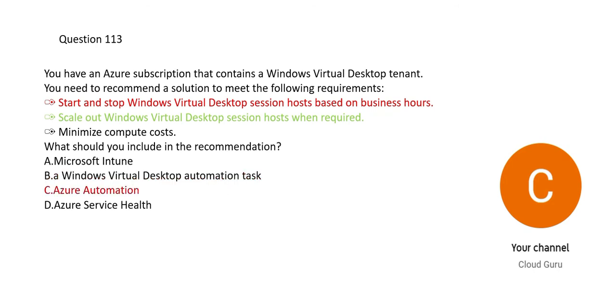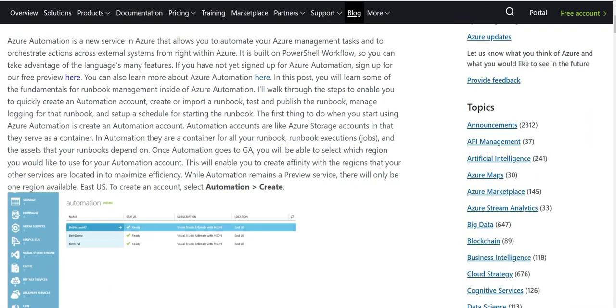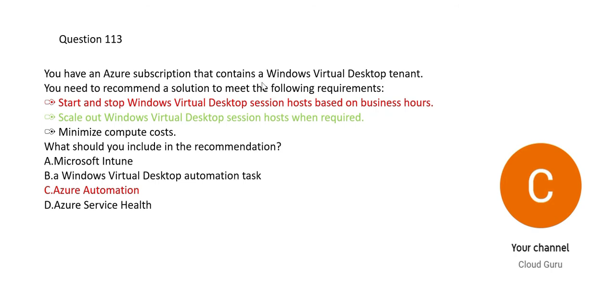Azure automation allows you to automate your Azure management tasks and orchestrate actions. So in this question, we can use it very well. You can have your runbook executions in automation, and that's perfect for this kind of question. The Azure automation solution will work perfectly in this case. I think C should be the right option, but before concluding that, let's scan through D as well,